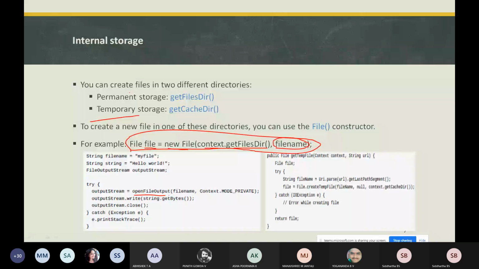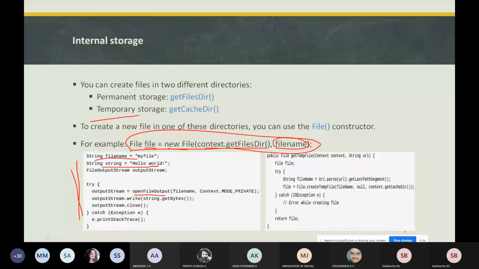This is a simple example where you write some text to a particular file. You have a string file name, and this particular string is going to be written within that file.